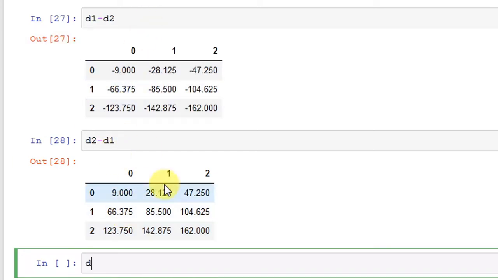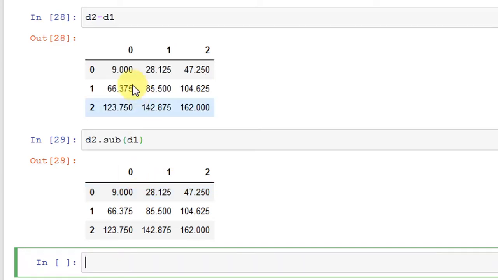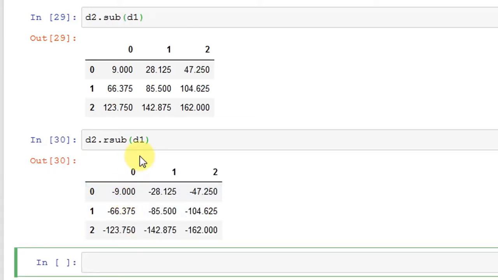So you can use d2.subtract(d1), and you get the same result as previous. And if you say d2.rsub and then specify d1, see what happens. So you get a reverse subtraction. Okay,